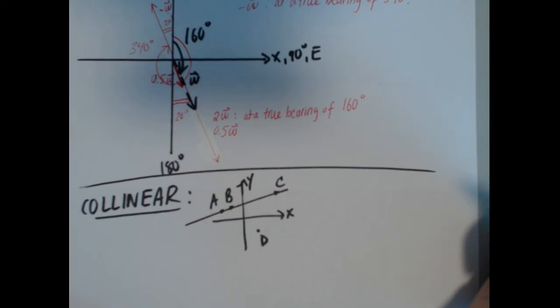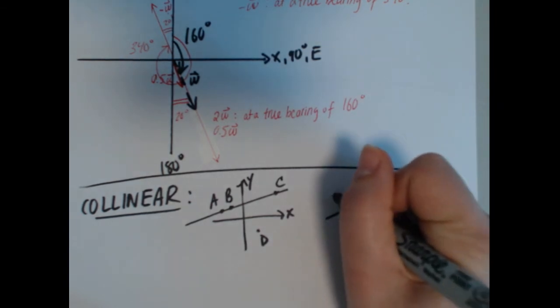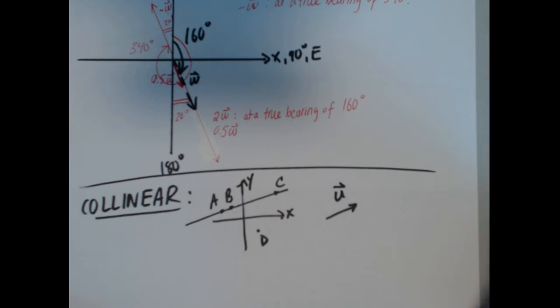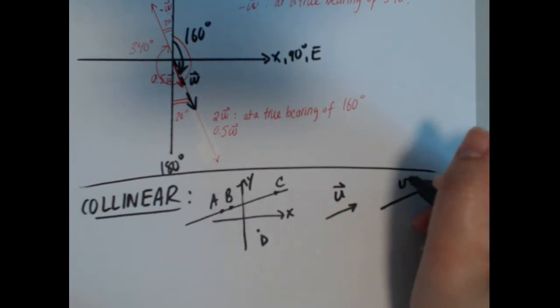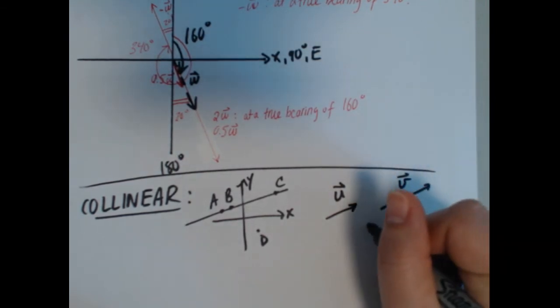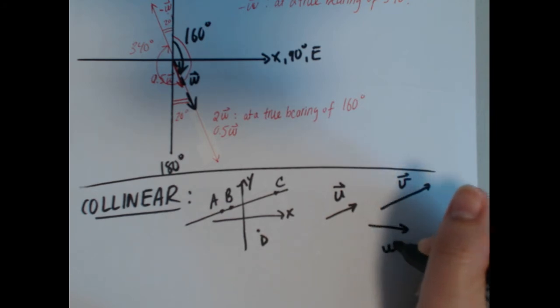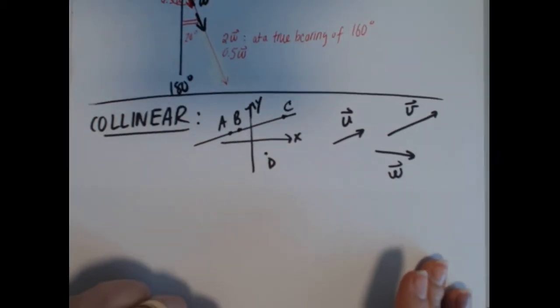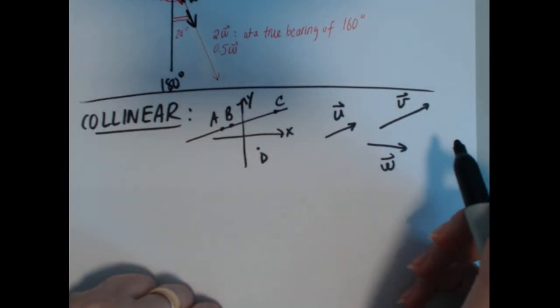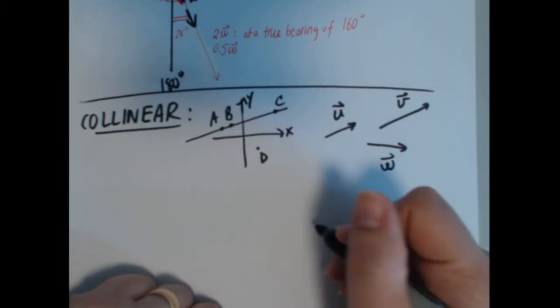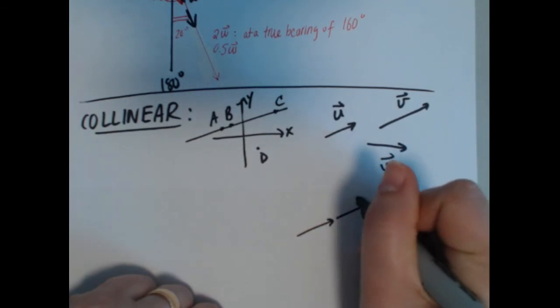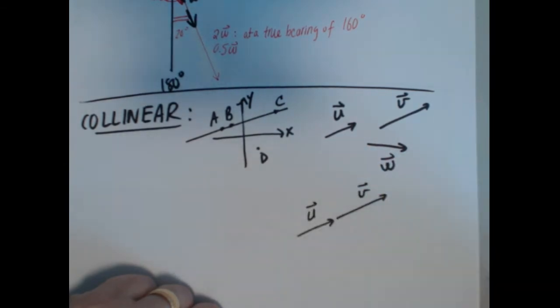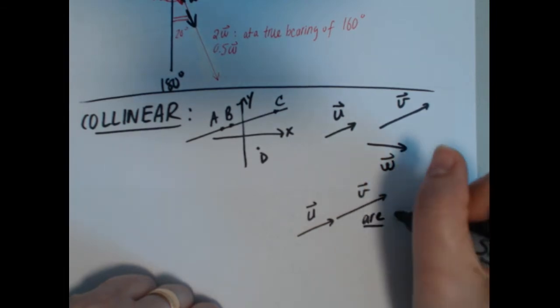Now we're looking at collinear vectors. So it's a similar idea. If I have vectors that I can line up such that they are arranged in a straight line, well, that makes them collinear vectors. Okay, so let's say I've got something like this, U, V, let's make that W. Okay, I've got 3 vectors, U, V, and W. When I arrange these vectors tip to tail, almost as if I was trying to add them, the only vectors that would line up would be U and V. So U connected with V, these would line up and create a straight line. So U and V are collinear